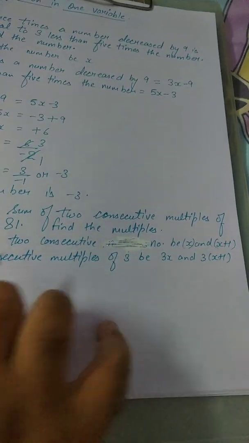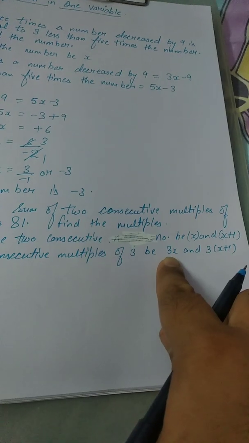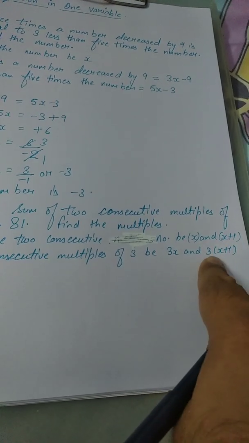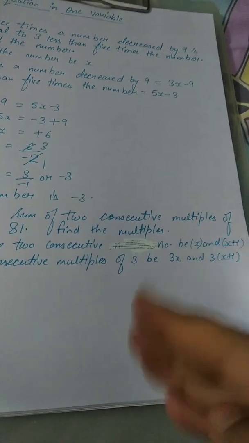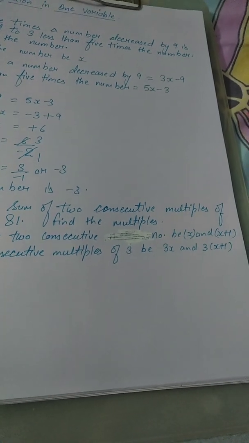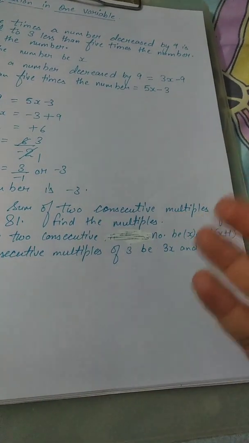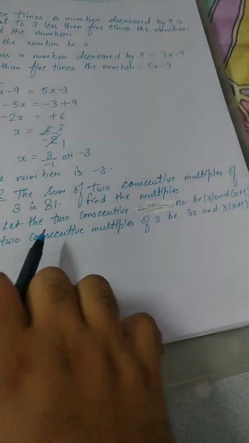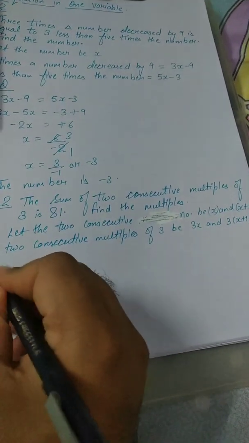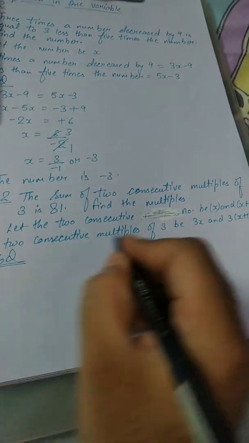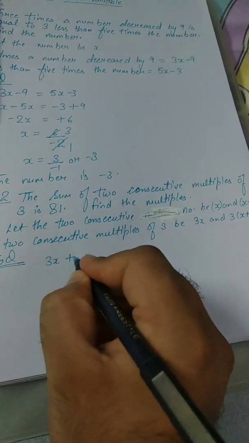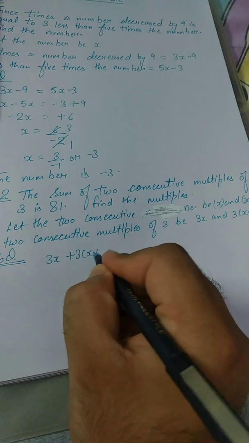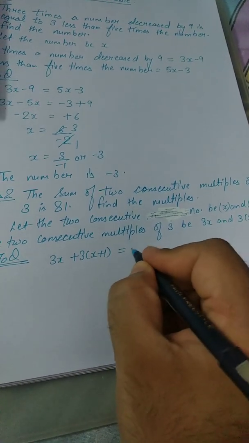Right? Is that clear? अगर 4 के मल्टीपल्स कहता है कॉन्जिक्यूटिव तो 4x एंड 4x प्लस 1 हो जाता. अगर 2 से ज्यादा कहता है 3 कहता है तो x प्लस 2 हो जाएगा, x प्लस 3, x प्लस 4 जितने कहते हैं तो वैसे बन जाते हैं नंबर्स कॉन्जिक्यूटिव. राइट? नाउ अकॉर्डिंग टू द क्वेश्चन 3x plus 1 is equivalent to 81.